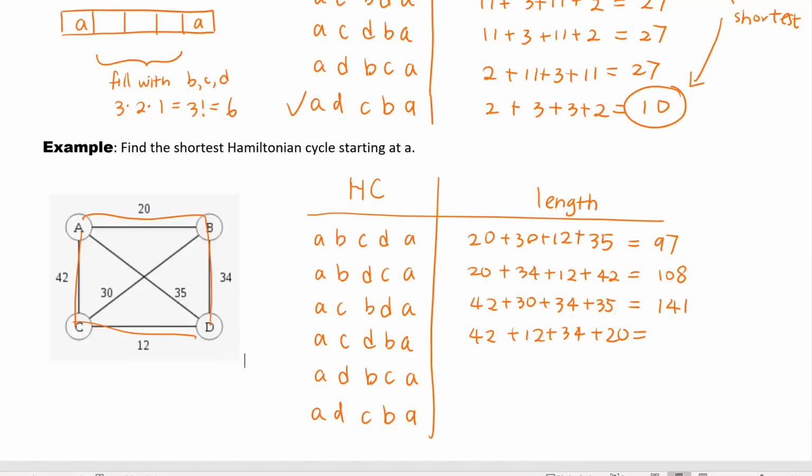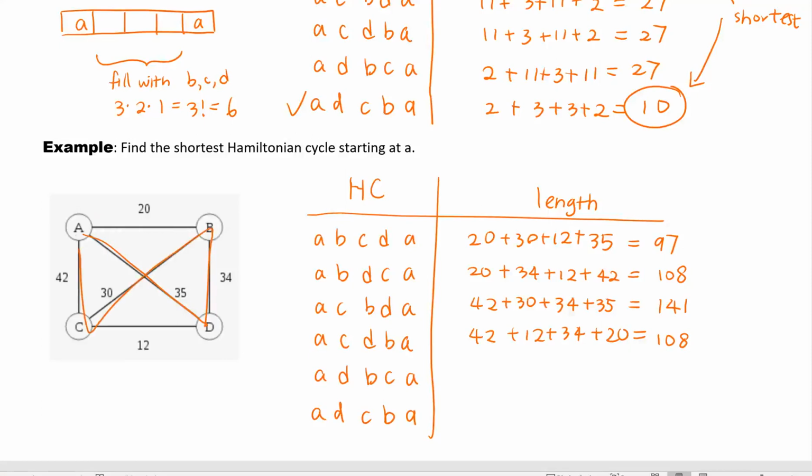Okay, so what is this guy? 42, 12, that is 54, and then plus 34 is 88, 108. Oh, okay, so you can see these two, they're like the path, but just reverse order. And then next we have AD,